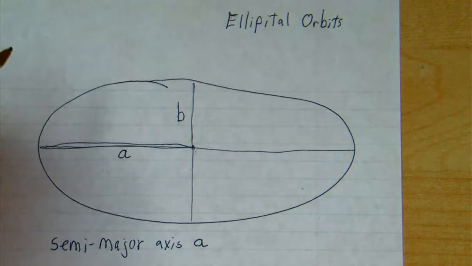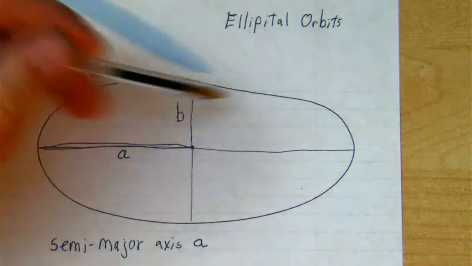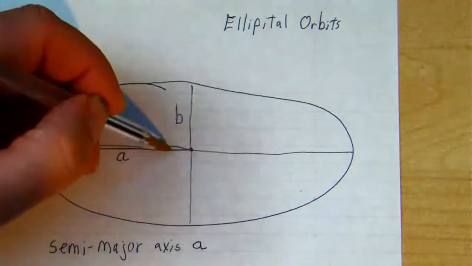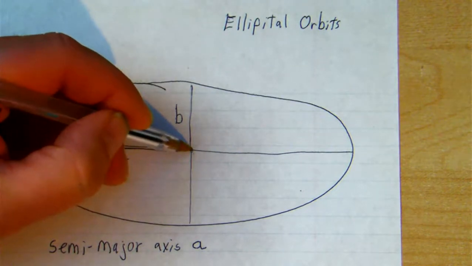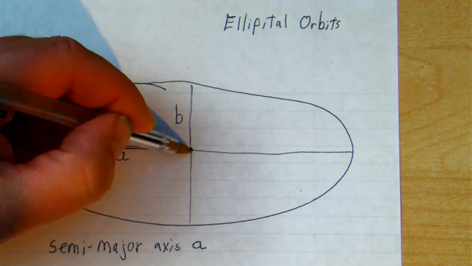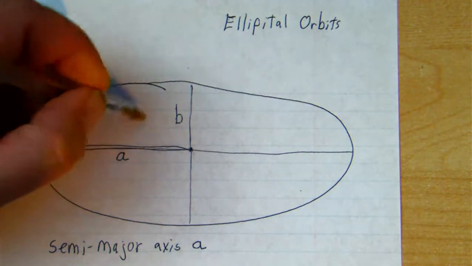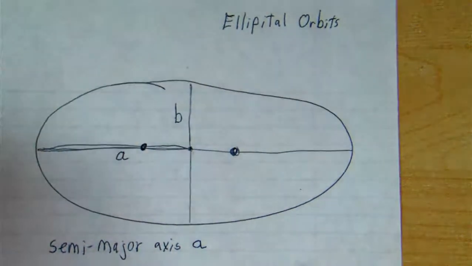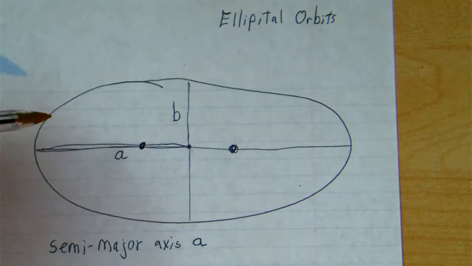What Kepler figured out is that the sun is not at the center of the elliptical orbit of Mars. Instead, there are two focal points in an ellipse. In a circle, there's only one focal point, and that's in the center of the circle. In an ellipse, the focal points are, let's say, crudely here and there. So there's two focal points, and the distance,